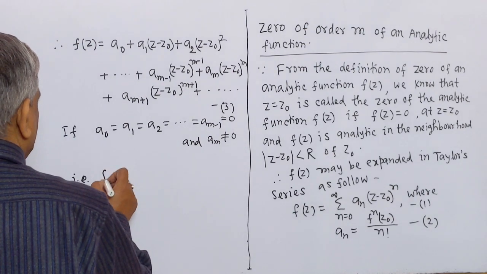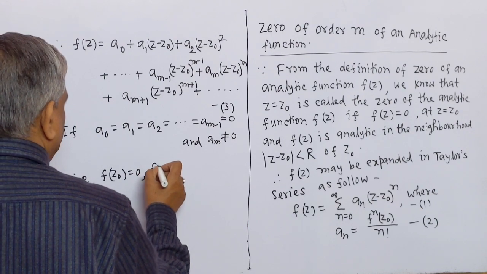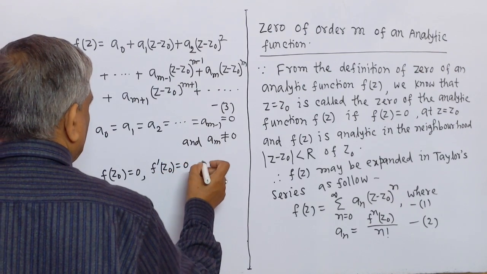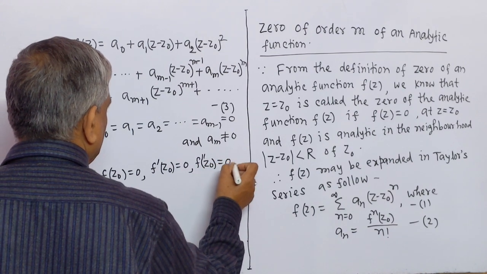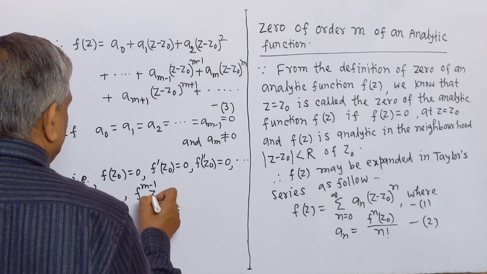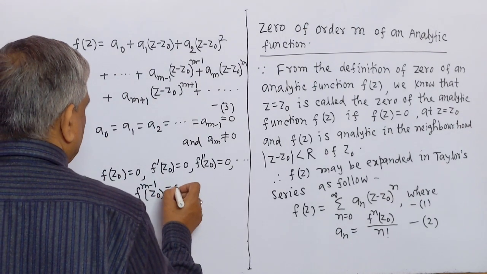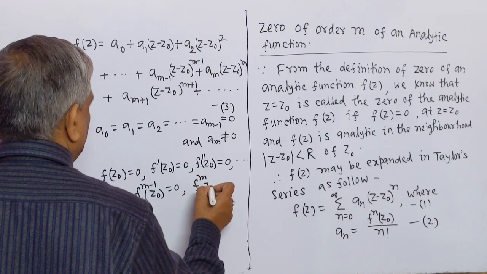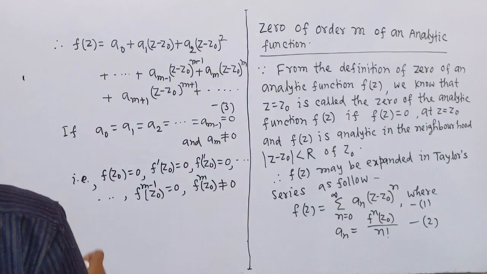That is, f(z naught) equal to 0, the derivative at z equal to z naught equal to 0, the second order derivative at z equal to z naught equal to 0, dot dot dot, the (m minus 1)th order derivative at the point z equal to z naught equal to 0, and the mth order derivative of the function at the point z equal to z naught not equal to 0, then